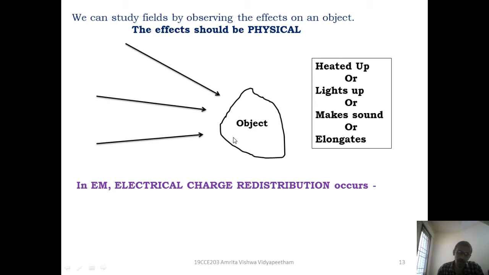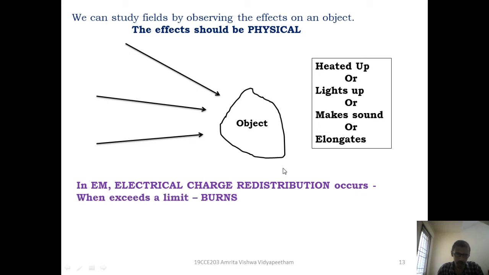Science has stated that all the objects are made up of atoms, which in turn are made up of protons, electrons, and neutrons. The application of an electromagnetic field doesn't elongate the object or make any sound or light it up. It just makes a small charge redistribution or a rearrangement of atoms. And this rearrangement is cancelled the moment the field is not there. So you don't have any physical effect to observe, which makes the study very, very difficult.